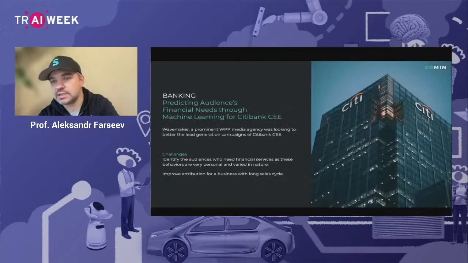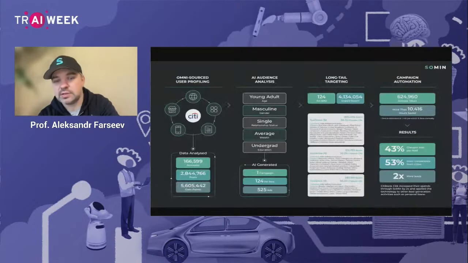So one of the case studies has been done by Citibank. You can see instead of running 2, 3, or 5 ads as an agency would do, they were running 124 ad sets instead. And this has been mined from more than 5 million data points. So eventually, from here, you can take away that they were able to boost their advertising results by 38%